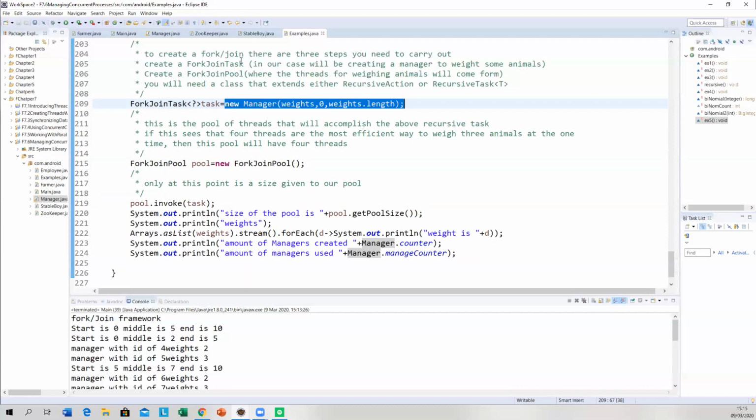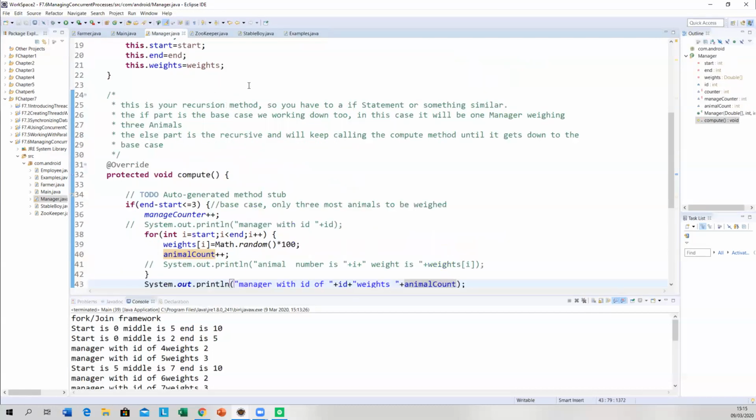So we go to the manager class. Now the manager we send to the method, so it's compute. When we go invokeAll, that calls the compute method. Now it starts off with a start point of 0 and an end point of 10.